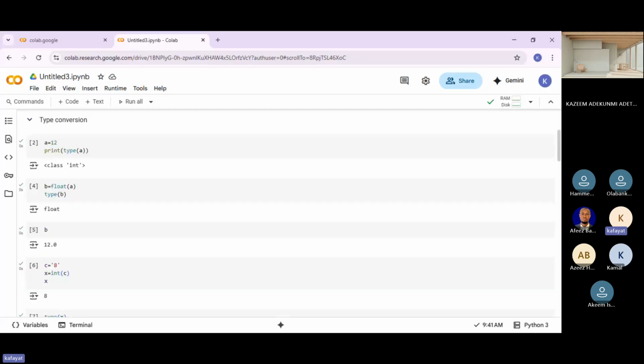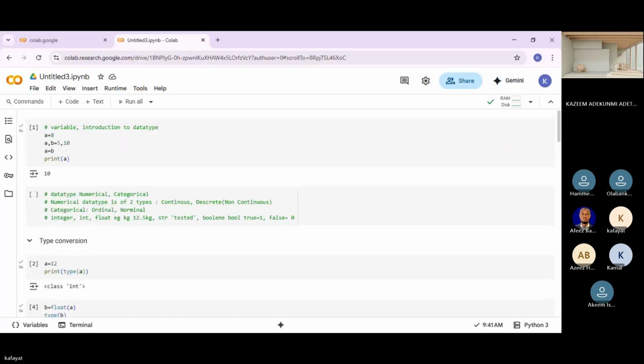So today we introduced ourselves to variable declaration. How can we declare variables? That is just a recap of yesterday. Then we looked at data types: numerical data types and categorical data types. Under numerical data types, we have discrete and continuous. Discrete is always a whole number.